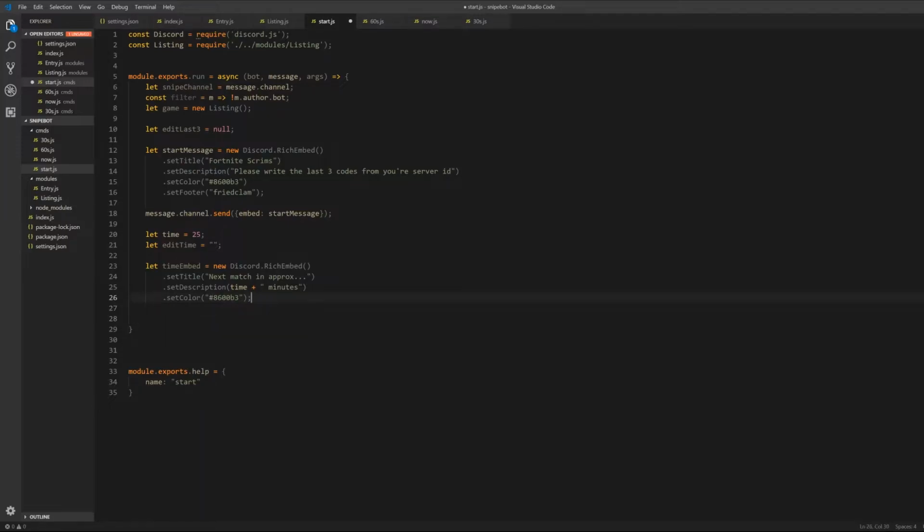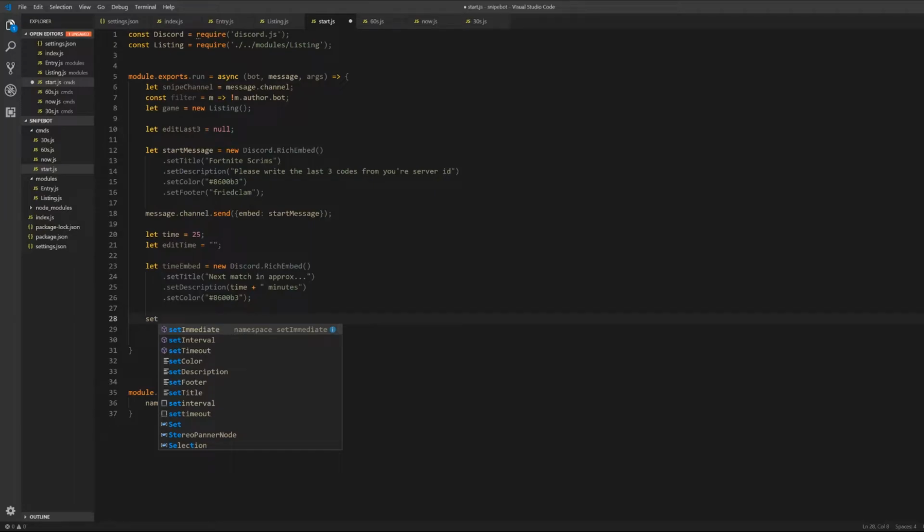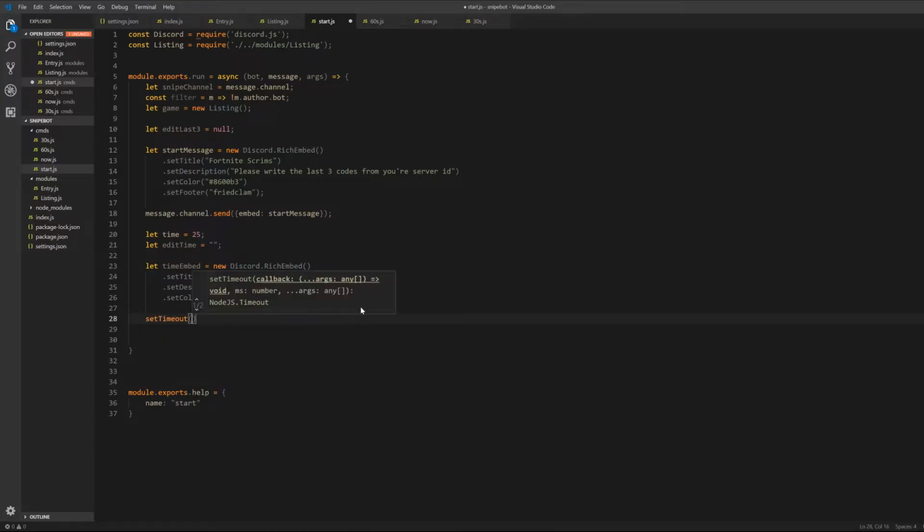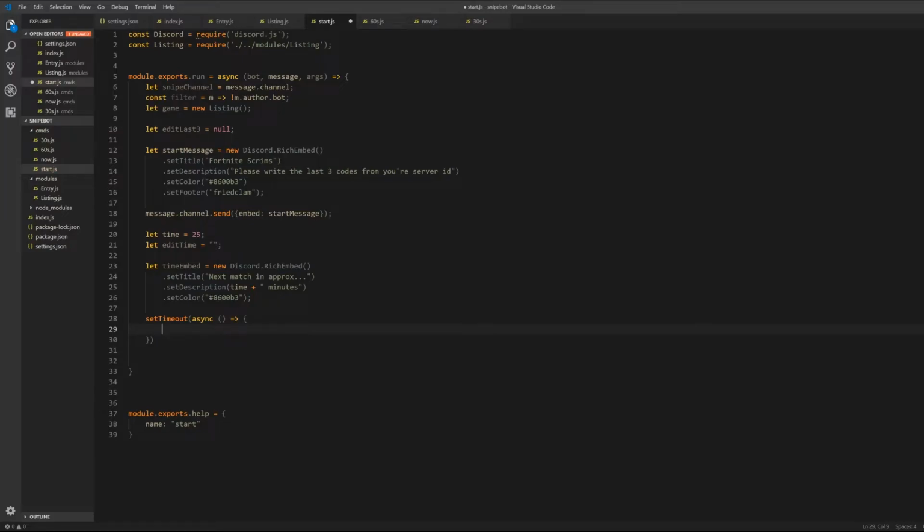So since we're going to edit that message, I want to be able to use the async await format, to be able to grab the value and put it into here. To do that, I'm going to do a set timeout, which just takes like a tenth of a millisecond to gather the value. It does wait a tenth of a millisecond to grab it, but it's so fast that you won't even realize. There's probably a better way to do this, but just for making it simple and more understandable, I'm going to do it this way. So we create a set timeout variable that's going to be asynced with the arrow function,